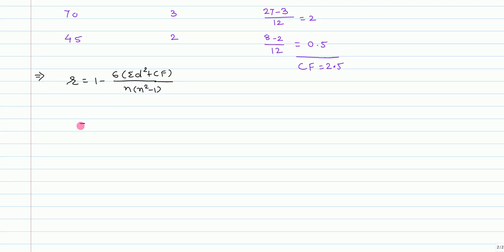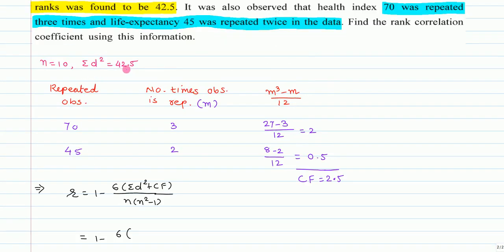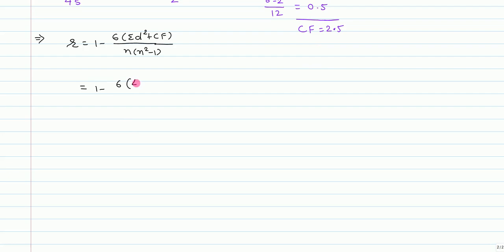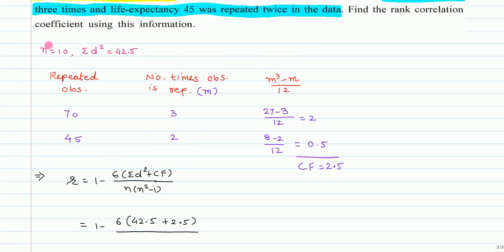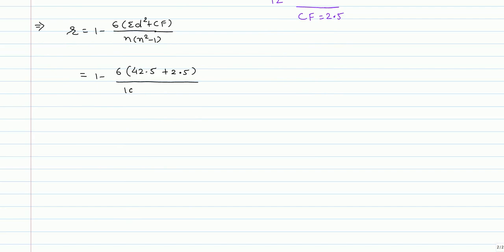Now put in the values. 1 minus 6 into sigma d square, which is 42.5, plus CF, which we found as 2.5, upon n, given as 10, into 100 minus 1. It equals 1 minus 6 multiplied by 42 plus 2 is 44, plus 0.5 is 44.5, so 45 upon